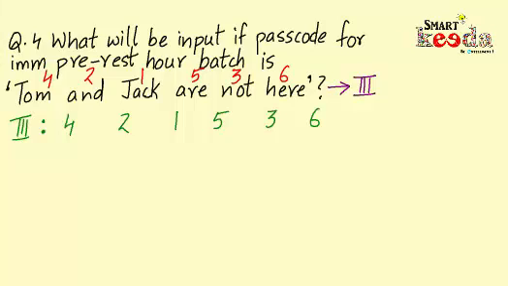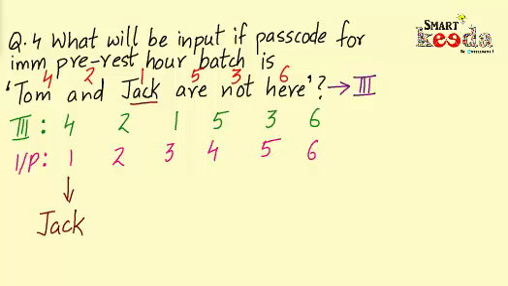Now we need to find the input, and as we know from the initial example that the order of the labeled numbers for input is 1, 2, 3, 4, 5 and 6. Now we will simply write the words corresponding to the labeled numbers, such as the corresponding word for labeled number 1 is Jack, so we will write Jack below 1. Corresponding word for label number 2 is and, so we will write and below 2. Now the corresponding word for the label number 3 is not, so we will write not below 3.